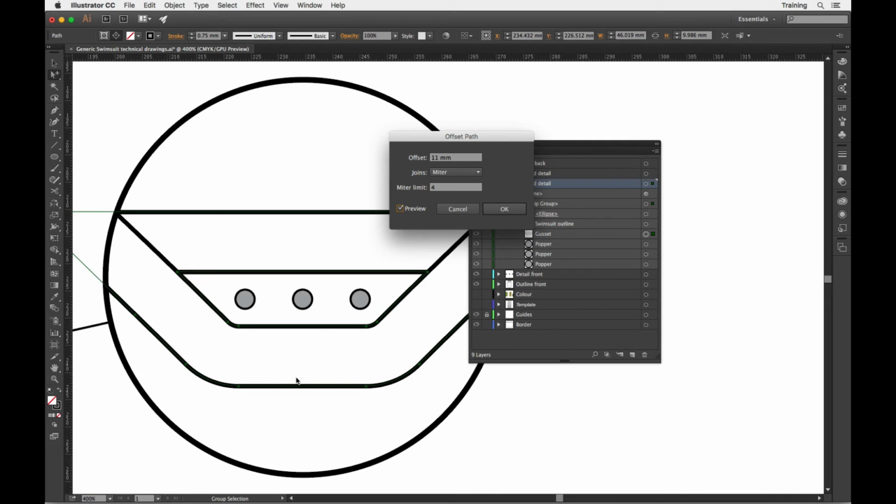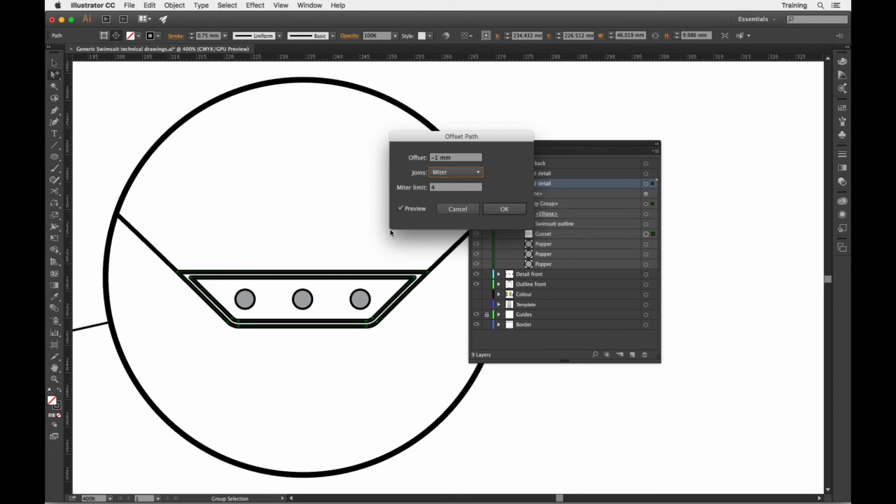Now at the moment I've got a very large positive offset of 11mm. I want the offset to be inside this line, so if I just change the offset to be minus, I'll have a guess. I'll see if -1 works. If I press the tab key, that will update the preview there. Now it's in the right place, but it looks a bit too thick and horrible, so I'll accept that, and